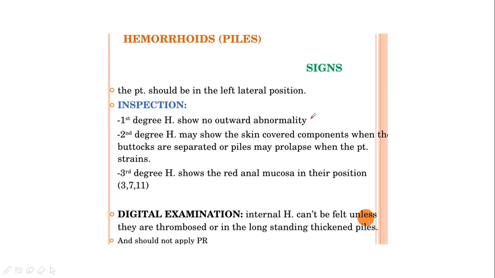Then you have to inspect. First degree hemorrhoid shows no outward abnormality. You can't see a first degree hemorrhoid on simple inspection or simple digital rectal examination. Second degree shows skin